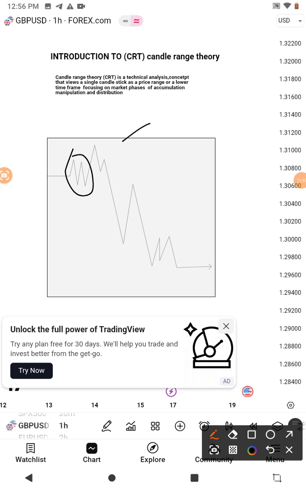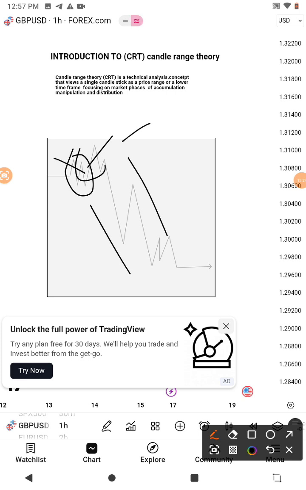Then manipulation. Smart money triggers stop losses by pushing price beyond an established high or low to gather liquidity. You know what liquidity is? Liquidity is money. This is where buyers and sellers are now competing, and they will be trapped out completely, right? Accumulation, manipulation, distribution. The distribution phase is when price reverses and moves in the opposite direction,